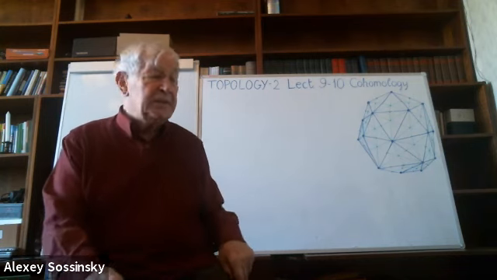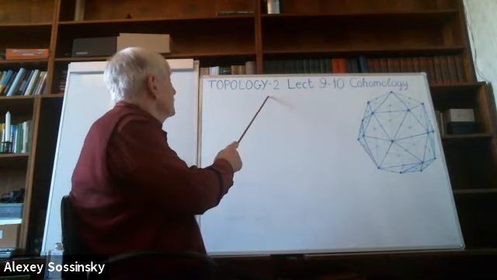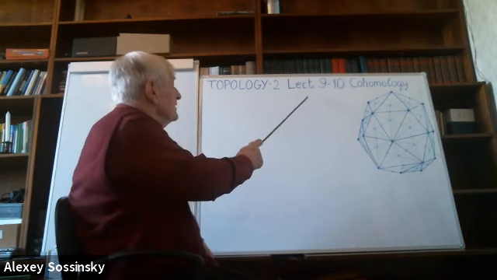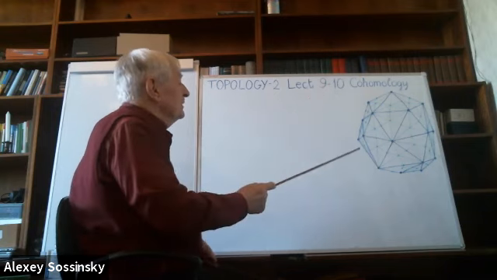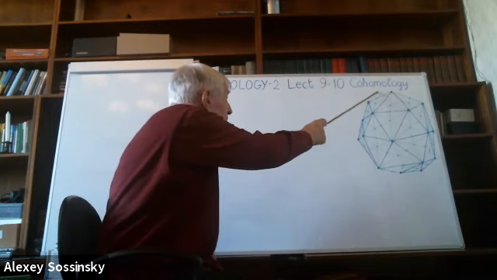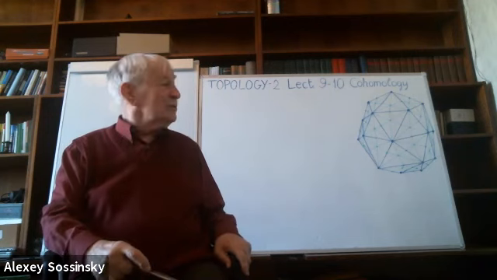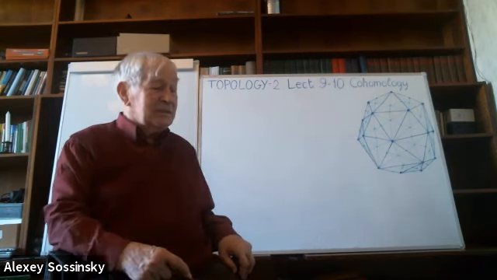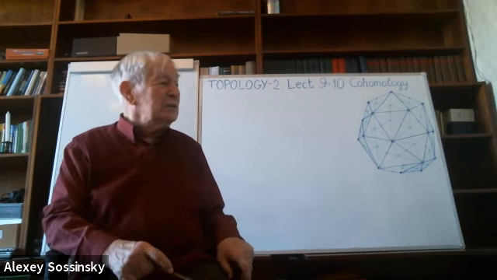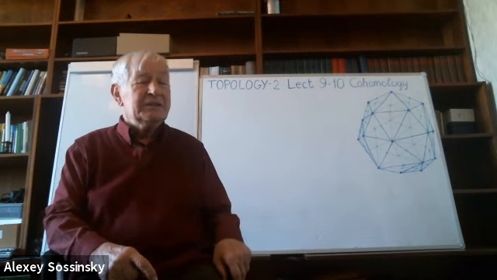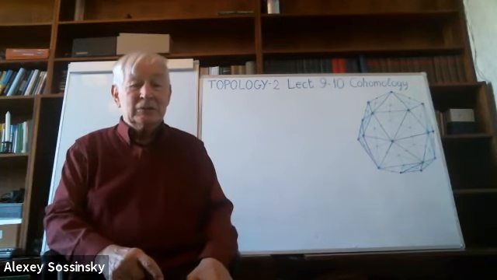So this is the Topology 2 lecture in the Math in Moscow program. And it's basically the combination of two lectures, lectures 9 and 10 from the booklet. And this is all called cohomology. So what is cohomology? Cohomology is a theory which is dual to homology. Dual in the sense of linear algebra. When you studied the linear algebra course, you learned